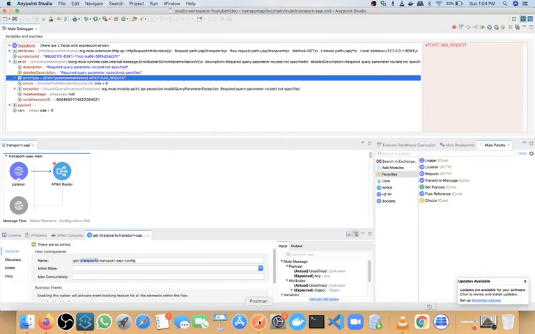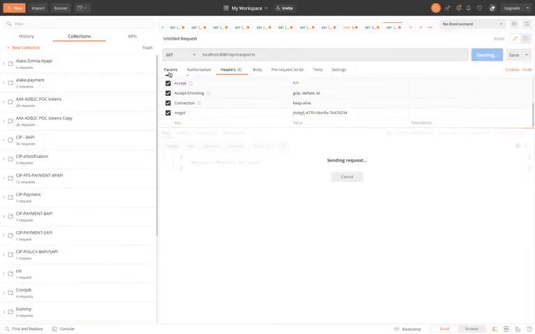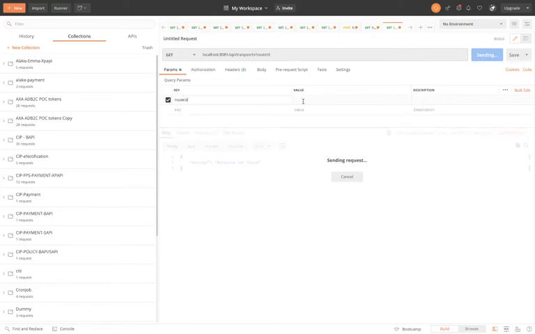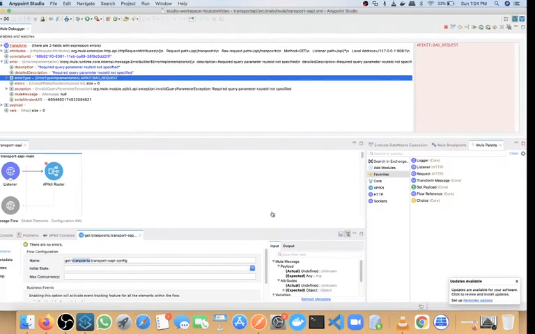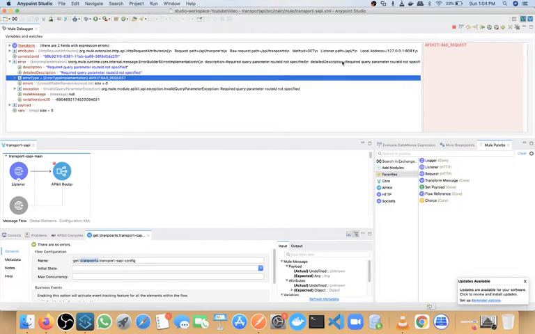So I will go again to Postman, and the query parameter we can define here. Okay, root ID, I will give something like a random value. Now first let me complete this process.